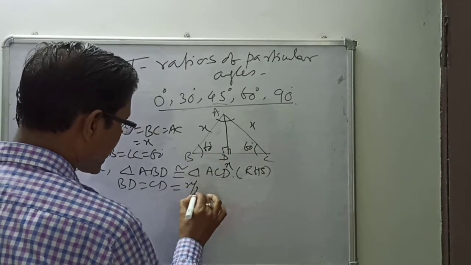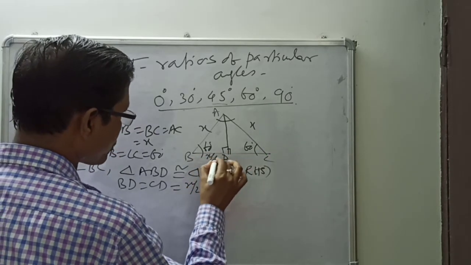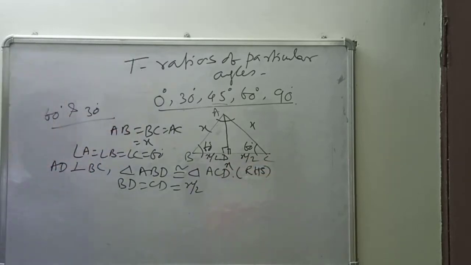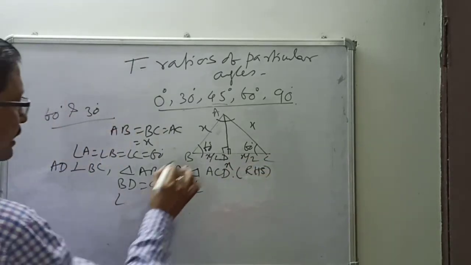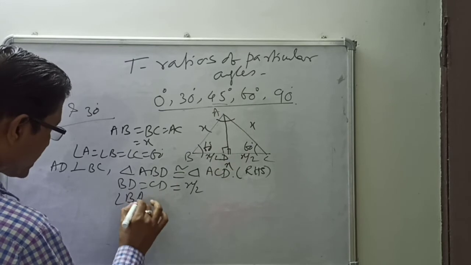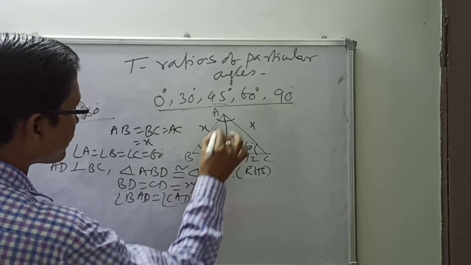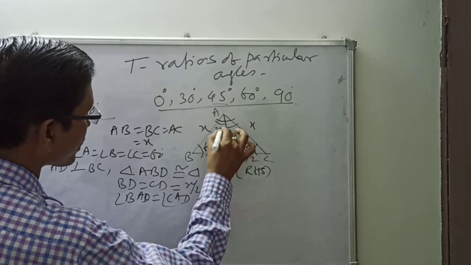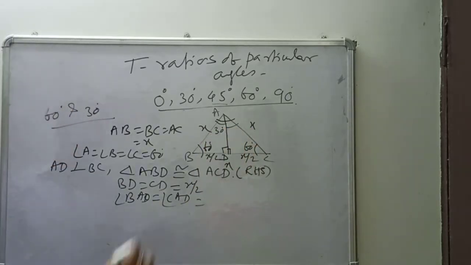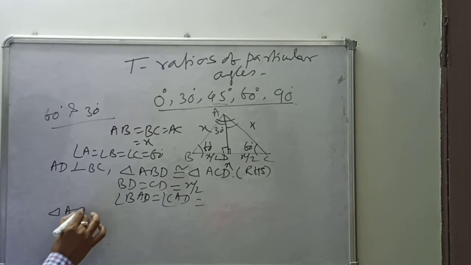So it will be what? X by 2. This is also X by 2. And from CPCT, angle BAD is equal to angle CAD also. These two angles also will be equal, each one will be 30 degree, and 60 degree. So from this triangle ABD,